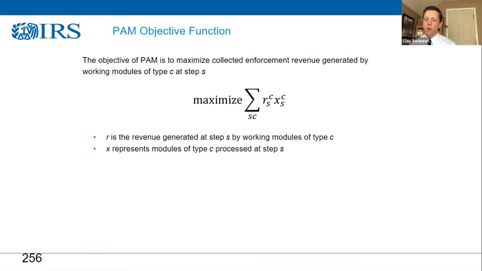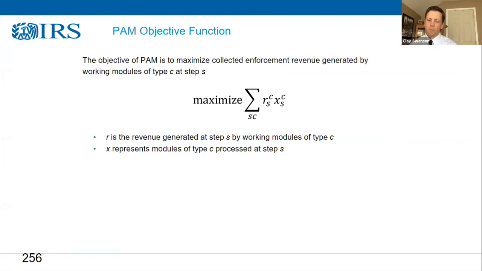The X term represents the number of tax modules worked, and this is the decision variable. We have historical work rates that we can easily use to translate modules worked into FTEs. So we've got revenue earned per module times modules worked gives us revenue, and obviously this is what we're trying